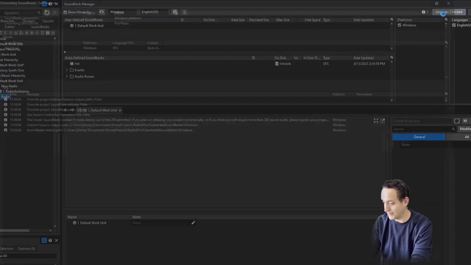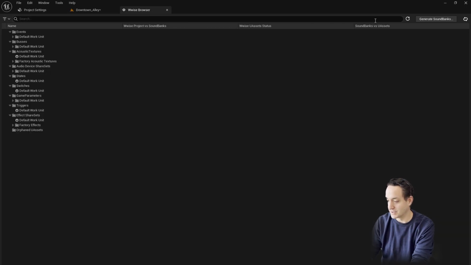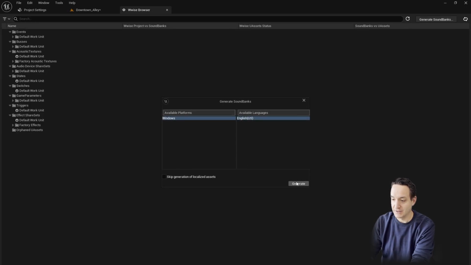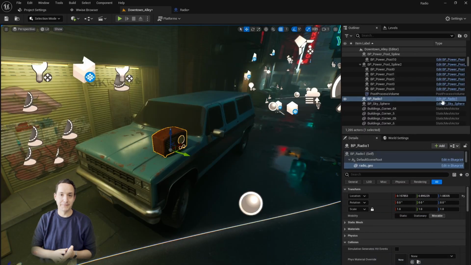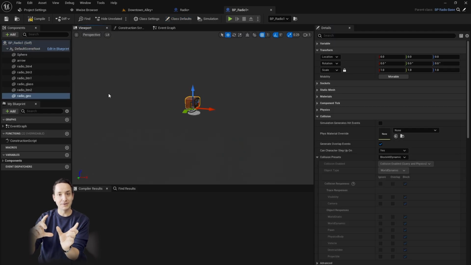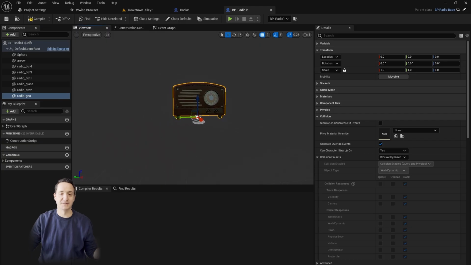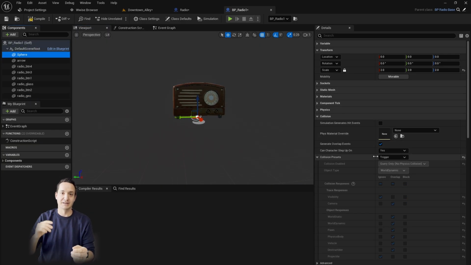Beautiful. Ship it. All right, I'm just going to generate some sound banks, go into Unreal, the scene that I set up, go into the Wwise browser and generate the sound banks there. Now, I need to attach it to the game object. And so I have the object of the radio, and essentially all I'm going to do is add a little trigger sphere around that so that once my player gets in that space, it says, I've collided with that, trigger